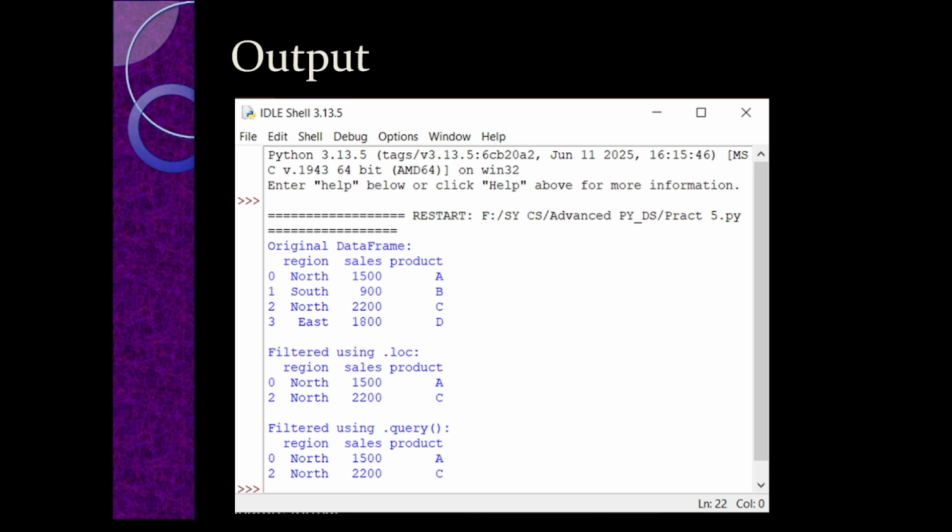This is the output. So this is the raw data, the first one. Second one, I have filtered which has to be amount greater than 1000 along with my region has to be north. So that's what it shows. But if you can see here, if I go for greater than 1000 in sales category, 2200 can also come into picture. Even 1800 can also come into picture. But for 1800, the region is east. I have specifically mentioned that the threshold value is greater than 1000, along with the region should be north. So that's the reason east will not come, only the north and the sales which filters will display.